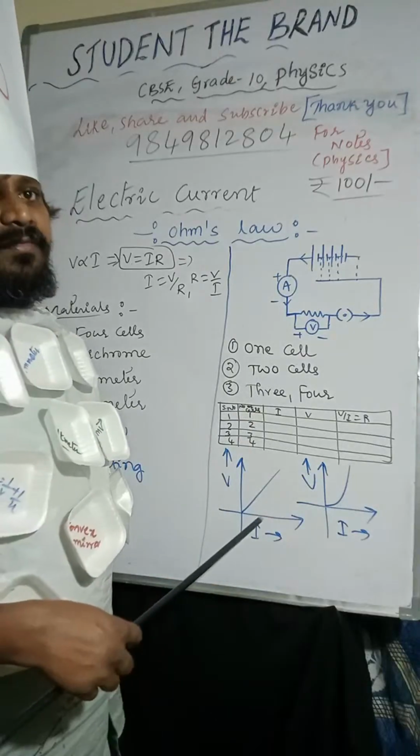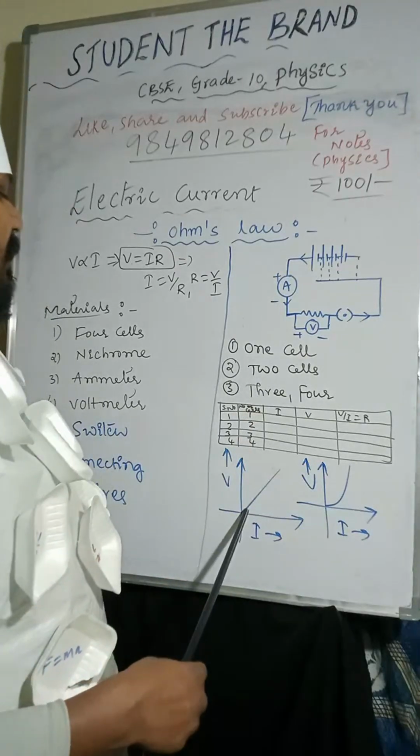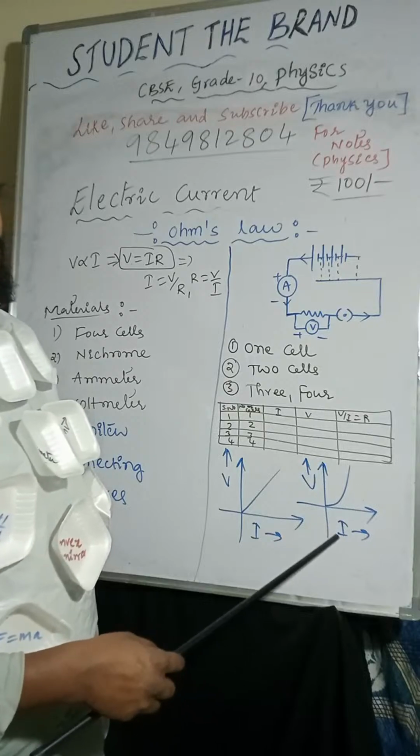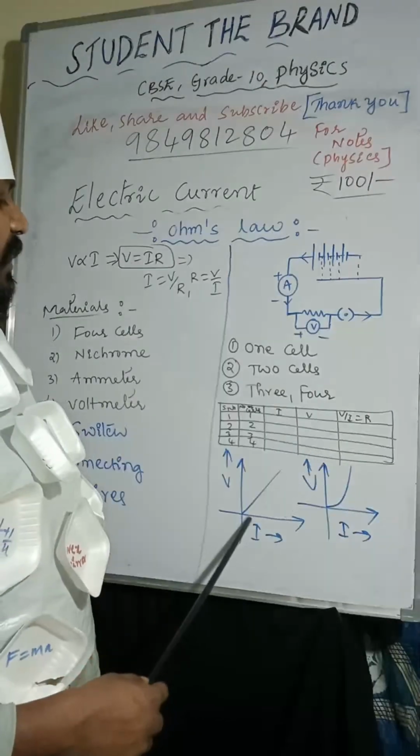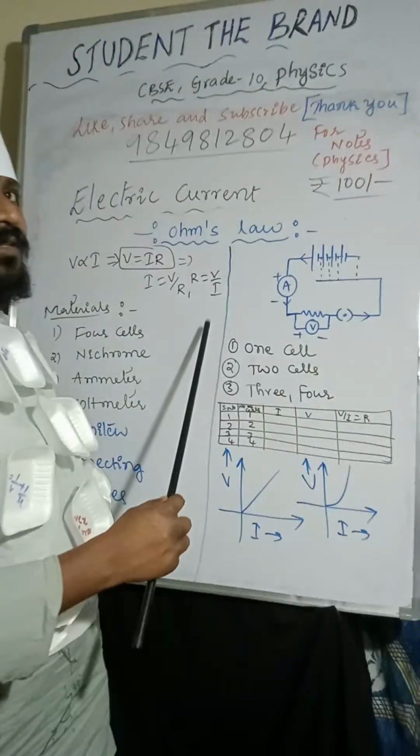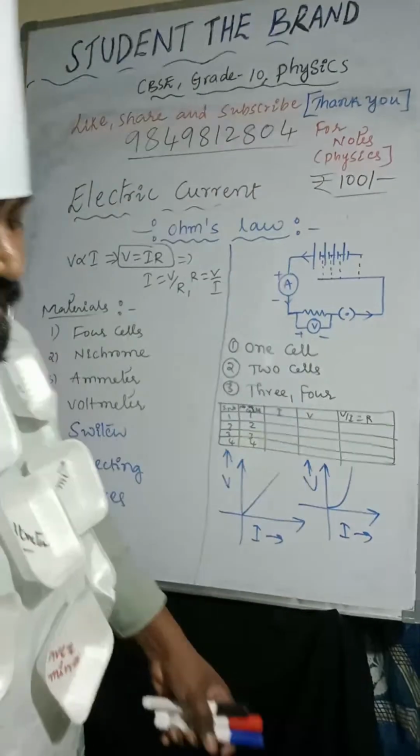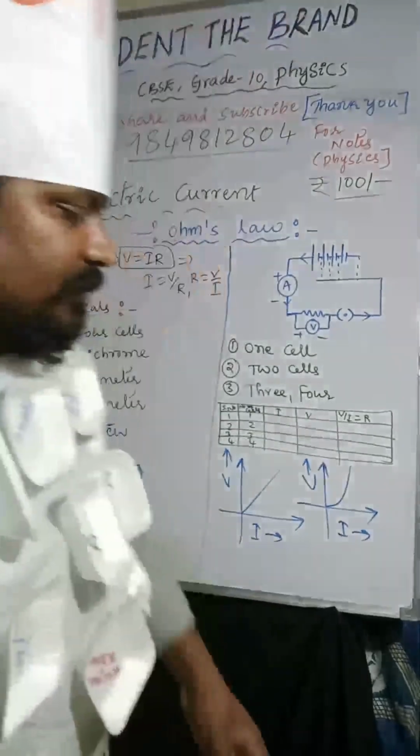So this is the graph which gives the ohmic conductors. This is the graph for non-ohmic conductors. So this is about Ohm's law, right? Yes. Now,